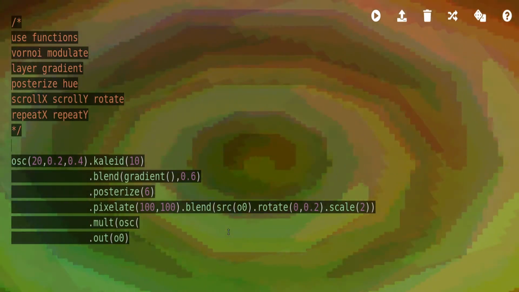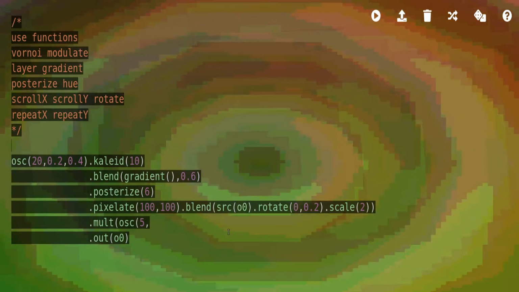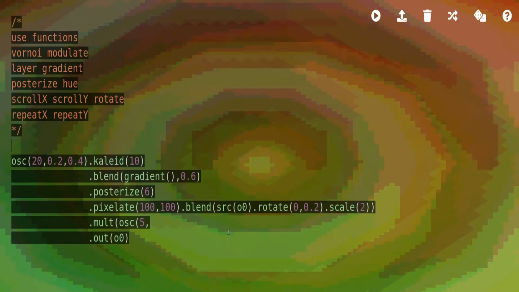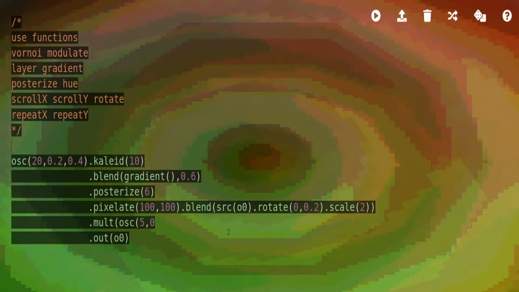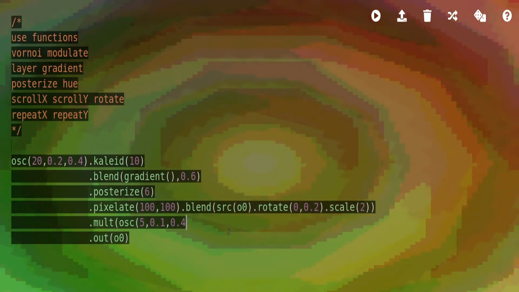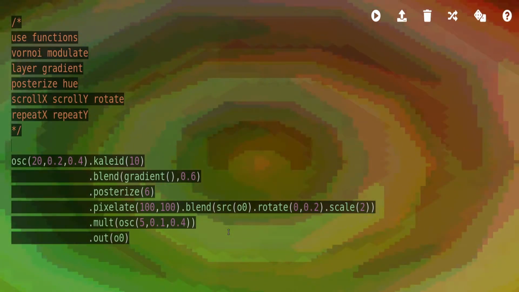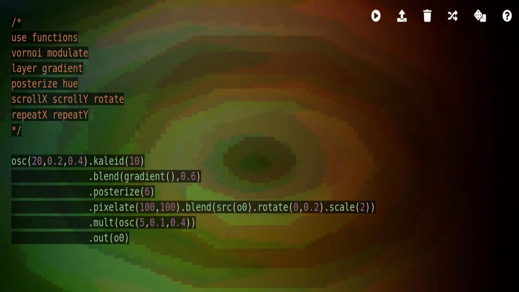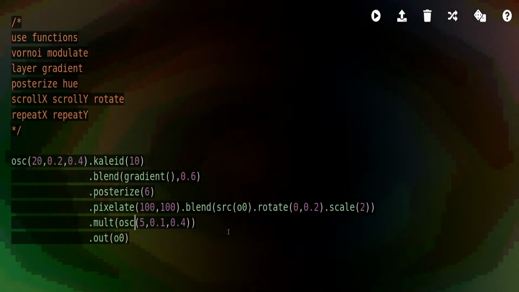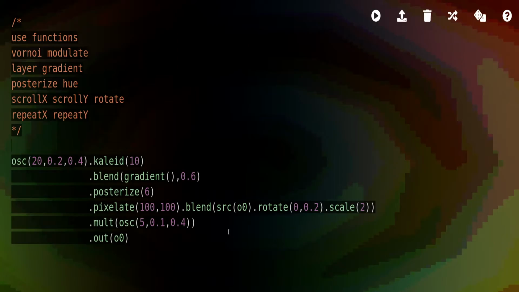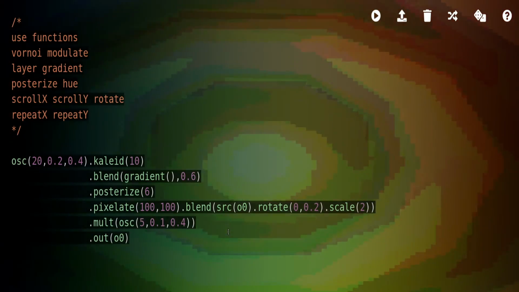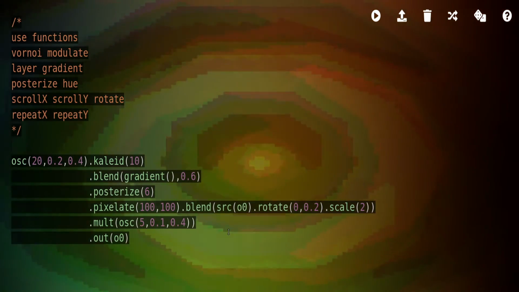Let's do another oscillator maybe. 5. I'm making up the numbers, so we'll see what happens. Oh, cute! Look at that. Sort of see these bands going across the screen. I actually like this. It feels like an